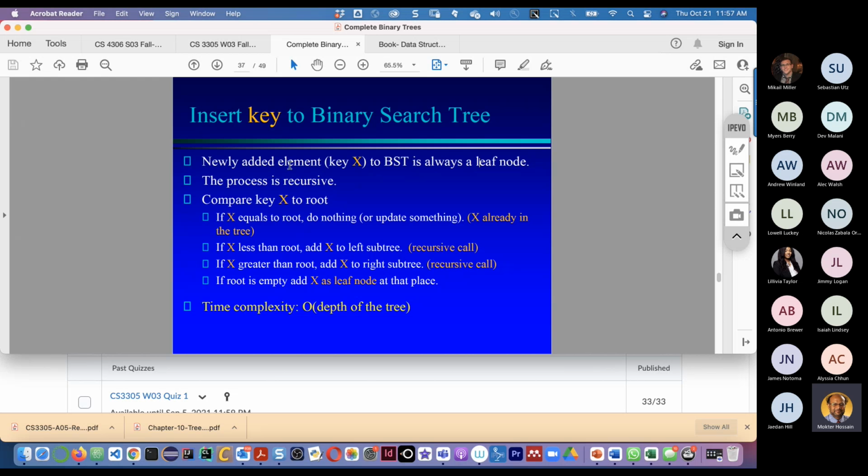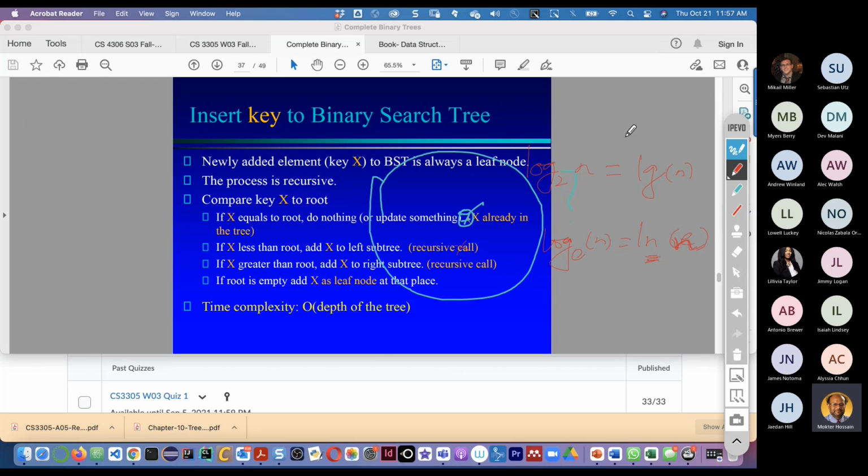Okay, the process is recursive. So the process is to compare the key, that means the new element, to the root. If x is equal to the root, then do nothing. It means x is already in the tree. For instance, first we have an empty tree. There's nothing in it. And then the first element we get is 10, and we put that as the root.